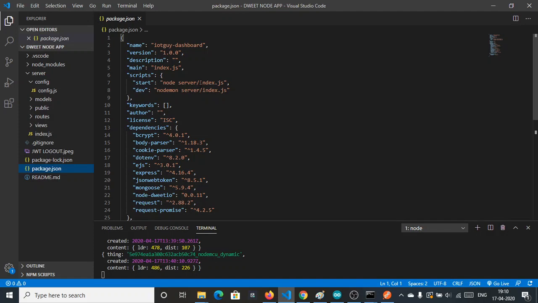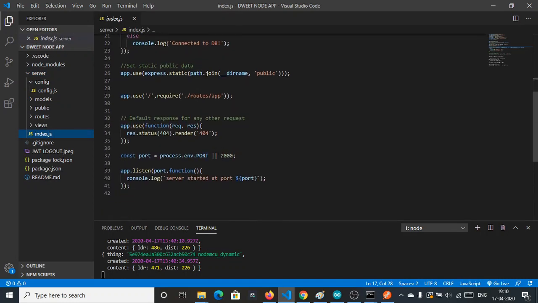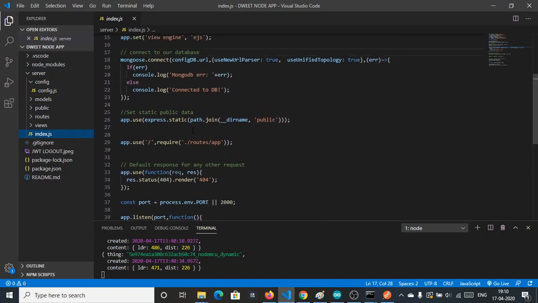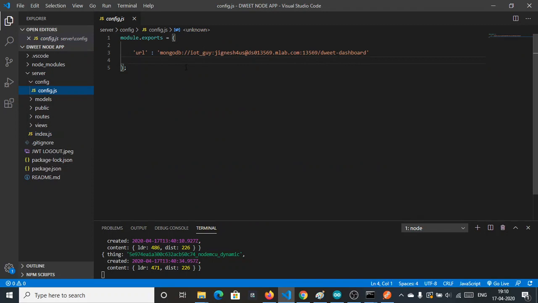The server is node server/index.js. In root we have a server folder. In it we have index.js, and the server starts on port 2000. Fine. And we have used config.db, in which we have a URL of our database.